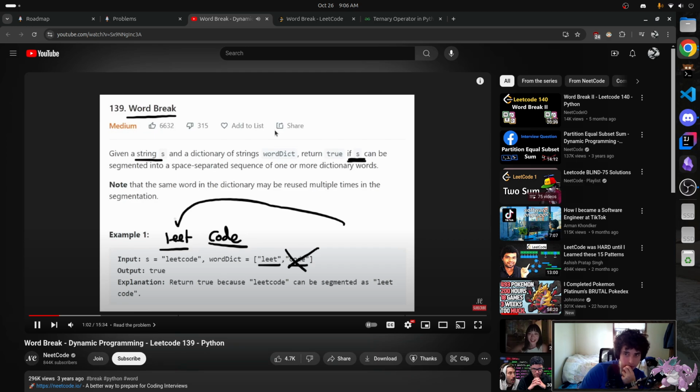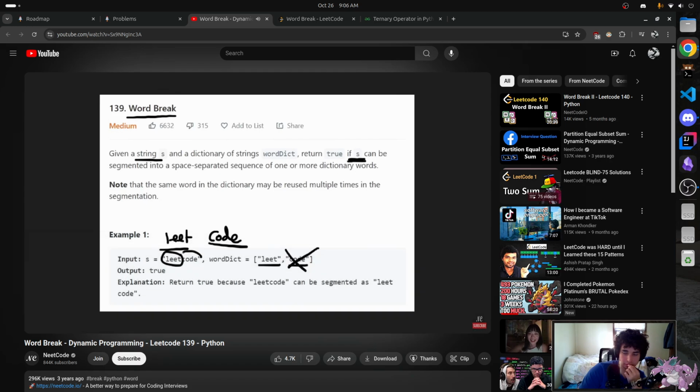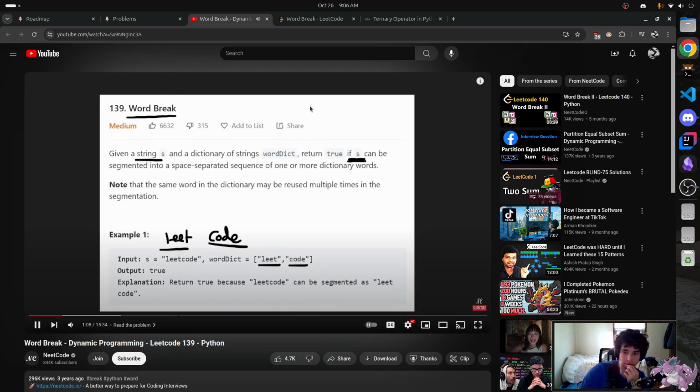In that case, this portion, leet, is a word. But we have no matching word in our dictionary for the remainder, code. So in that case, we would have to return false. And, you know, let's say we had an